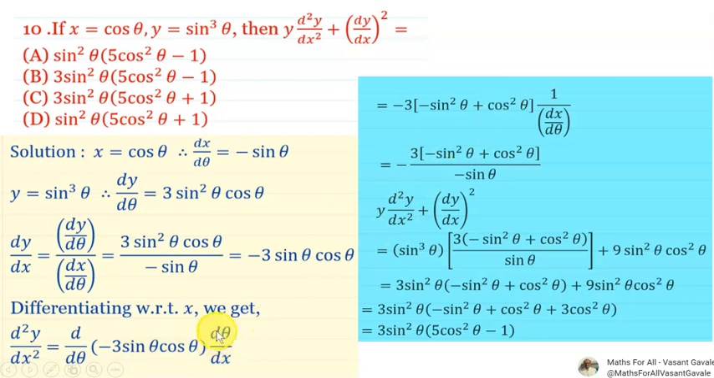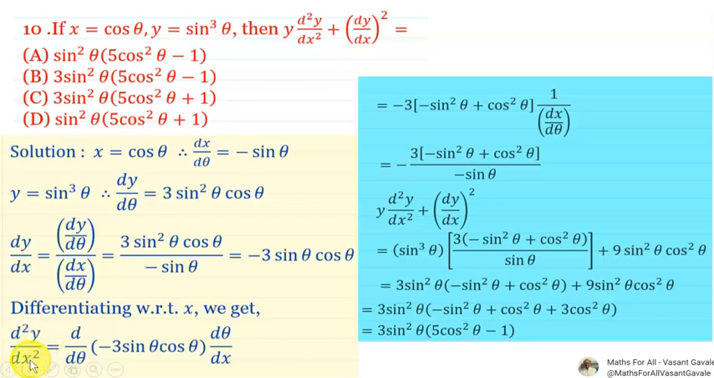Next d theta upon dx means what? 1 upon dx upon d theta. आता dx upon d theta ची व्हॅल्यू किती तर minus sin theta. This derivative is also very important. Okay, minus sin square theta plus cos square theta upon minus sin theta, and hence y into d2y by dx square प्लस dy by dx ब्रॅकेट स्क्वेअर इज इक्वल्स टू,